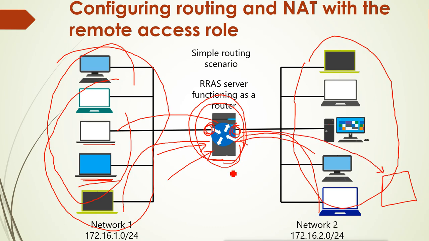When we configure the relay agent, we configure the IP address of the DHCP server of this network. So it takes the broadcast from this site, converts the broadcast into unicast, and sends it as a unicast to this DHCP server. Then what will this DHCP server do? It will send the reply to the router's DHCP relay agent, and then what will the relay agent do? It will broadcast the reply to this network.